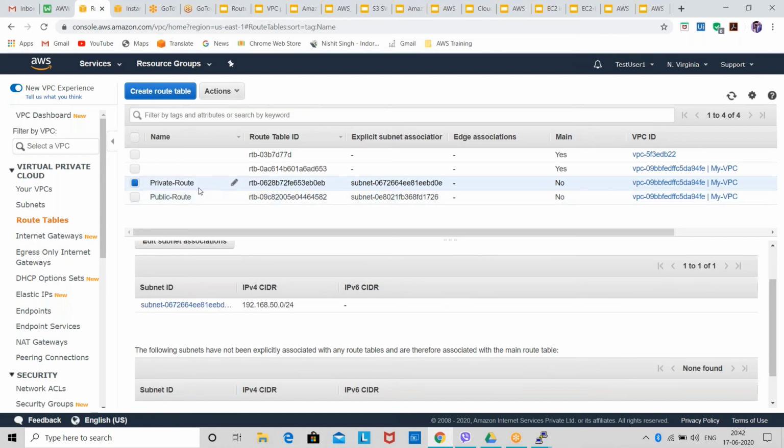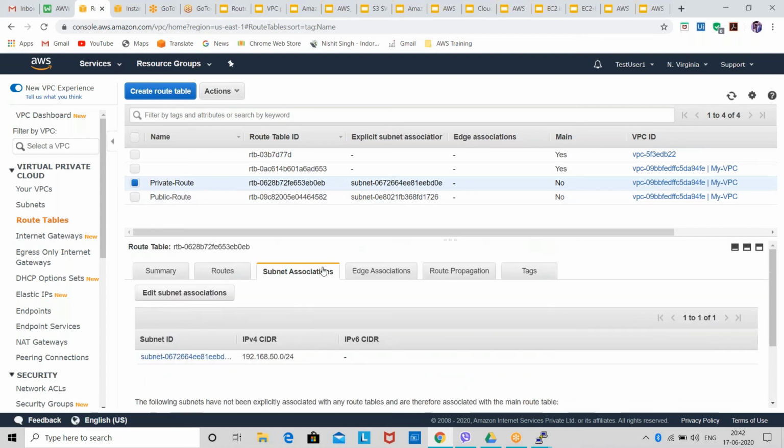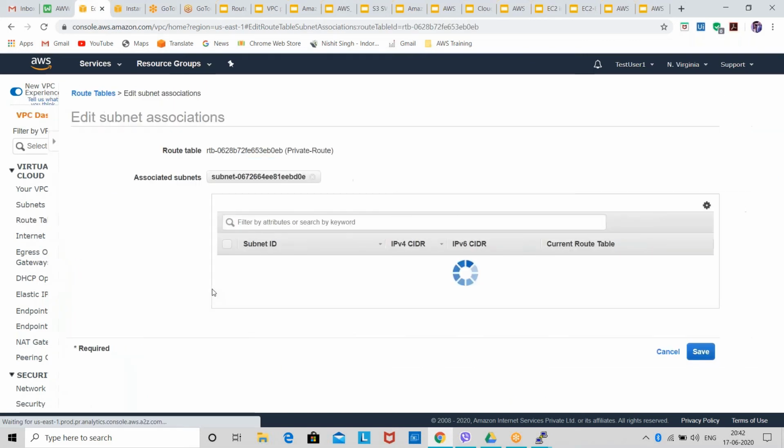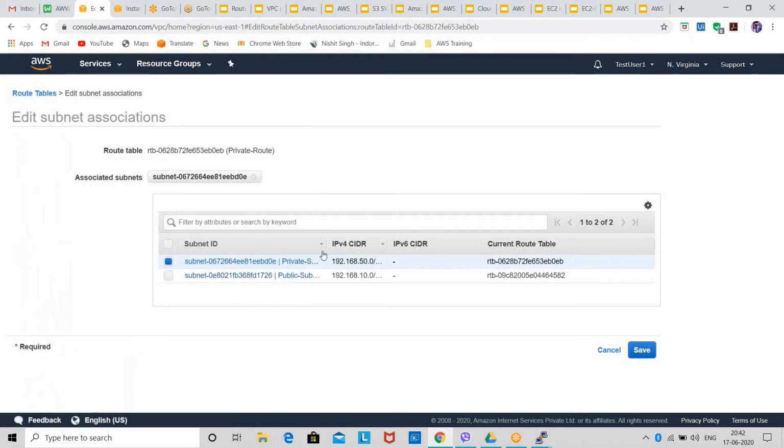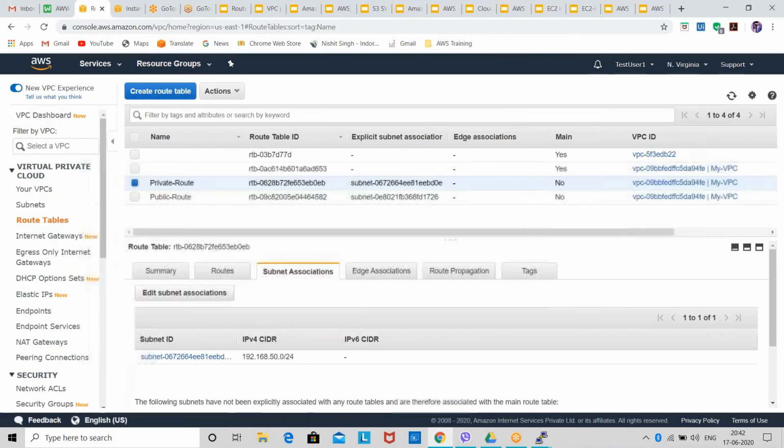Then I'll go into subnet association. Here in the subnet association, we will edit the subnet association. I'll select the private subnet and then click OK. So this way you will associate your public subnet with your public route table and private subnet with your private route table.